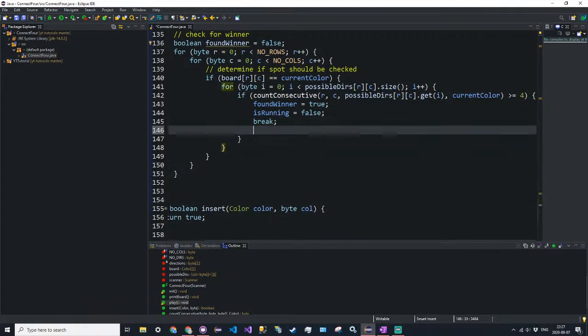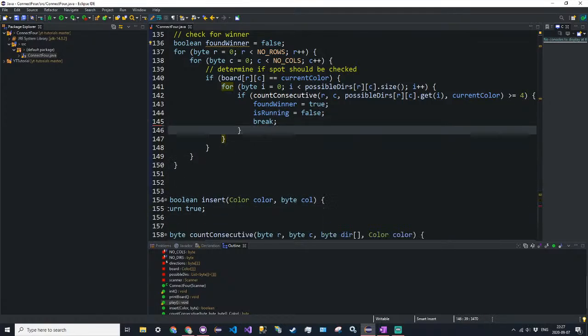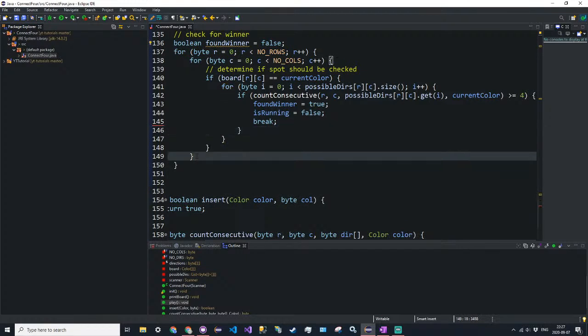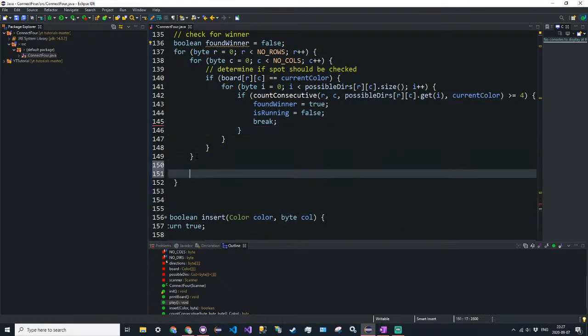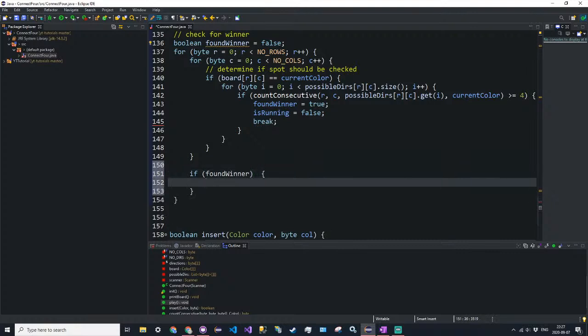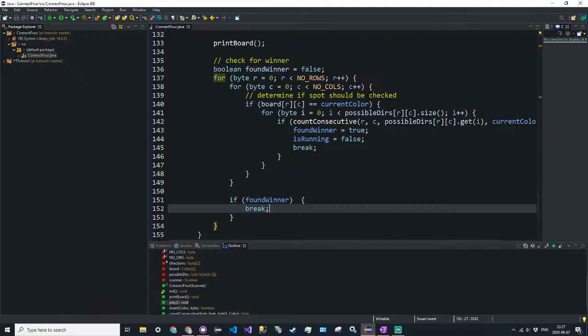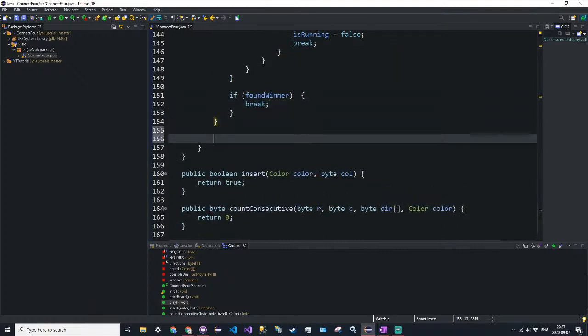Can I put 2 break statements here? No, I can't. So outside of the column for loop, we're going to say if found winner, break. And then outside of the row for loop, we're just going to print out if someone won. So if found winner,